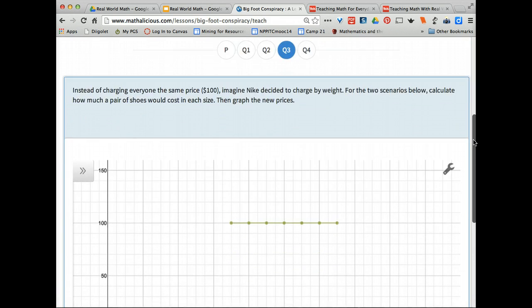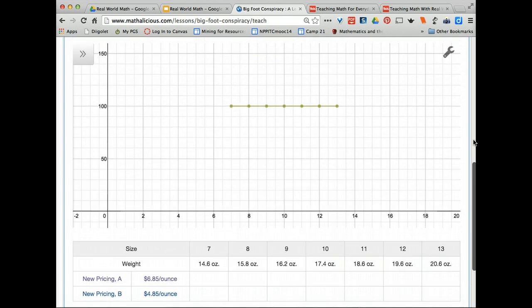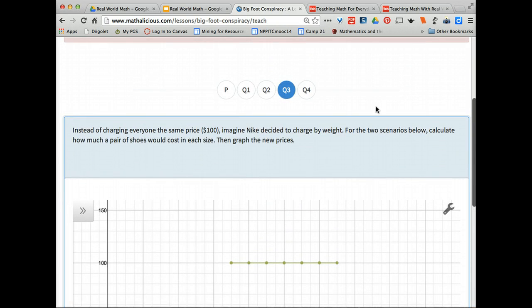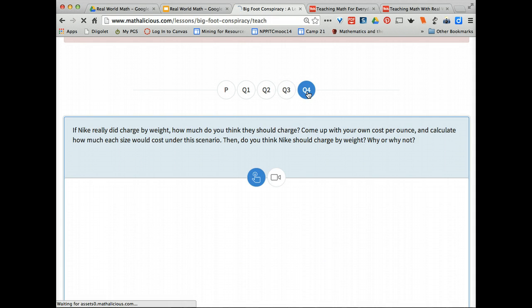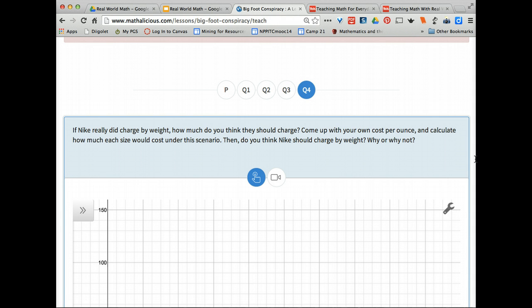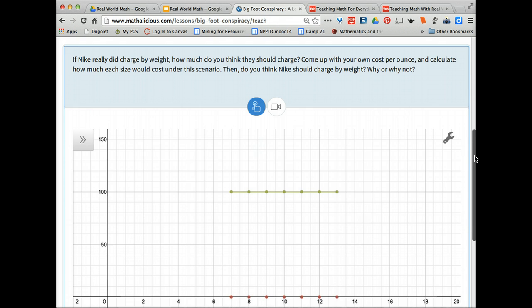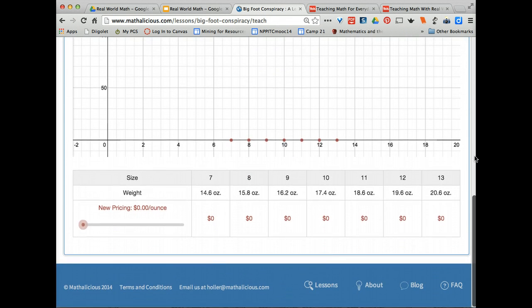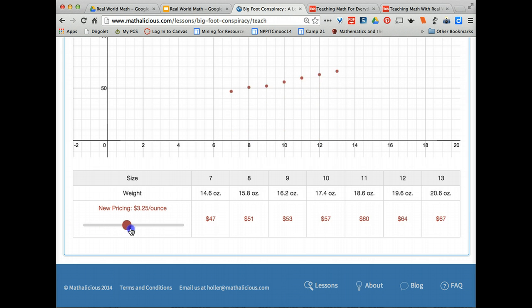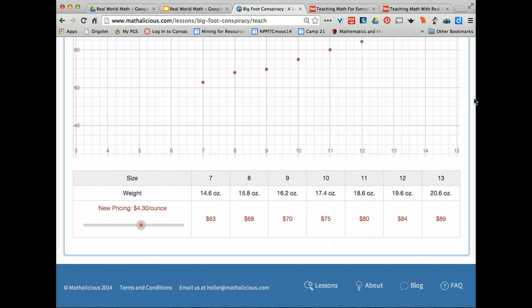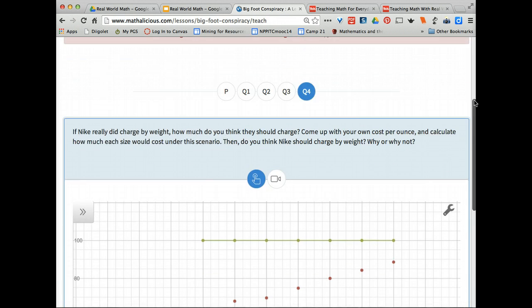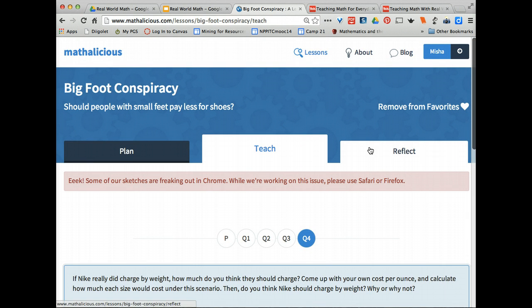okay, so notice how they make it interactive for you to manipulate with the math. And question 4, again, it allows you to manipulate with it and interact with the lesson with their math tools that they have on their website. And then the Reflect tab,